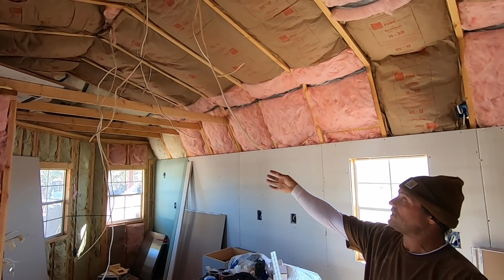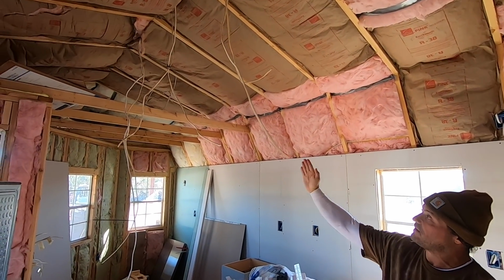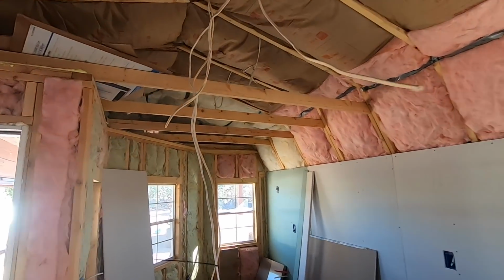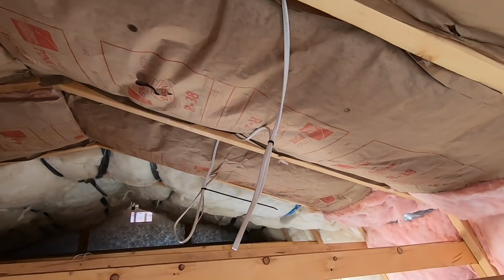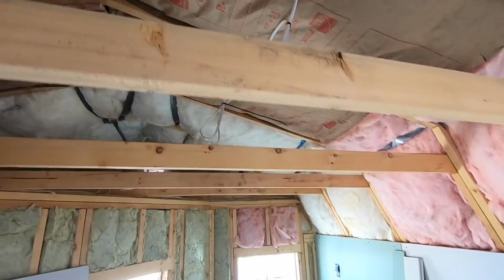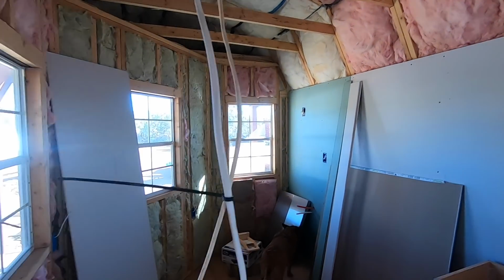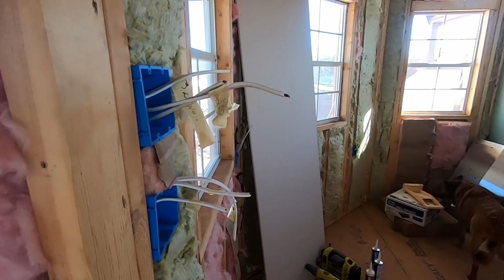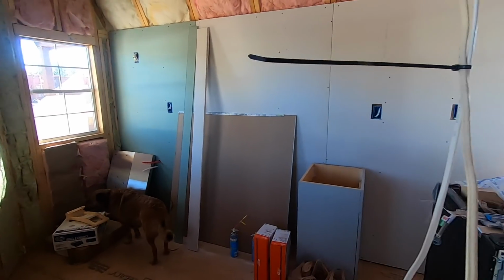There's going to be kitchen lights that hang down. That's what those are, shifted over to the right side a little bit further south. Yeah, those are kitchen lights that'll be controlled with a switch over there on the left. You can see two switch boxes with cords hanging out. So when you walk in, you can flip on either the house lights or the kitchen lights with that